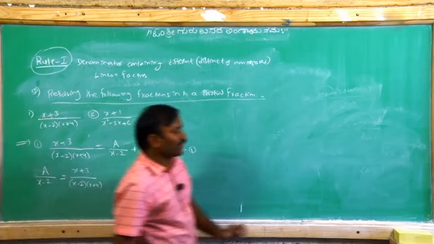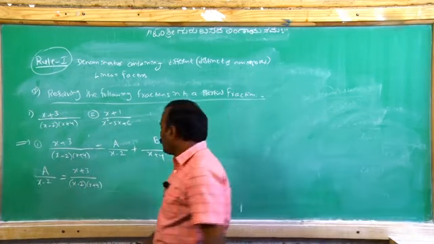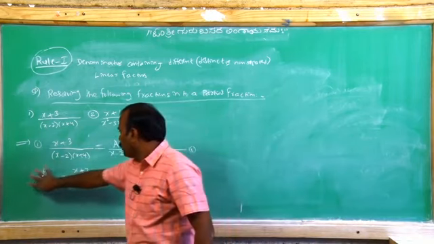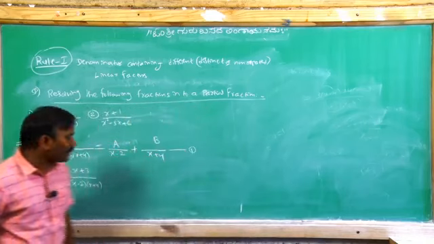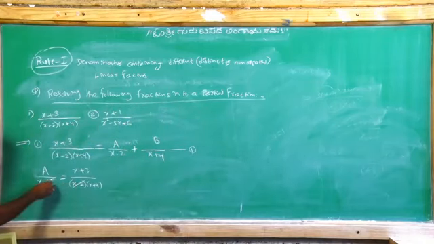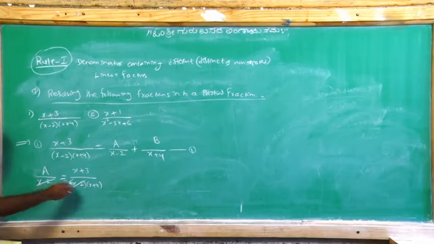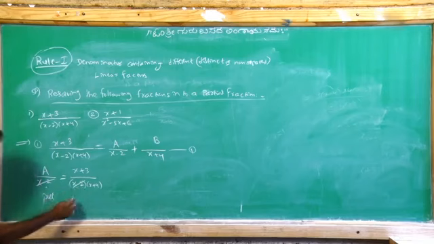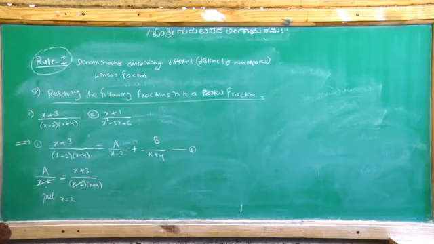Now, sir, how to find the a value? To find the a value, only take the term containing a. Take only the first term, and the LHS fraction as it is. After that, on the RHS x minus 2 and on the LHS x minus 2 cancel. When x minus 2 cancels, it vanishes, meaning x minus 2 equals 0, which means x equals 2. So put x equal to 2 in the remaining fraction. LHS x minus 2 and RHS x minus 2 cancel, meaning x minus 2 vanishes, meaning its value is equal to 0.